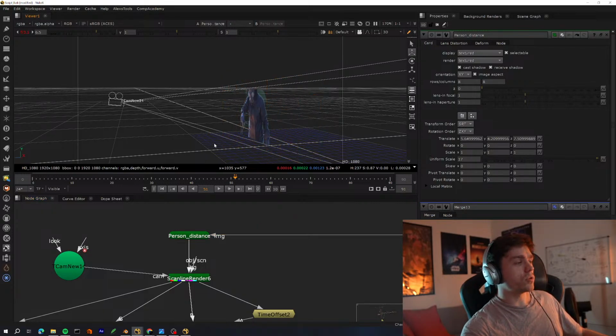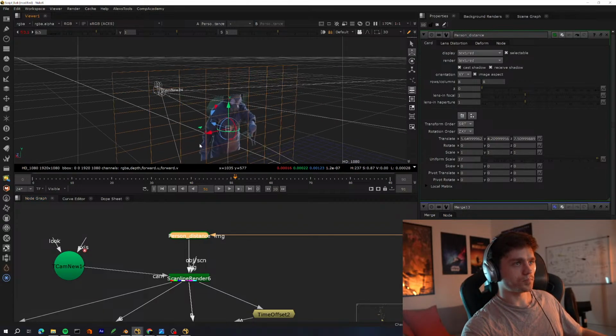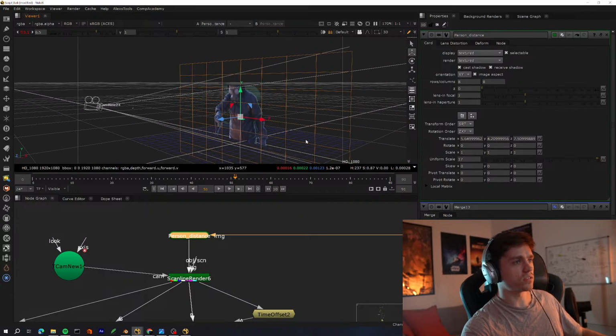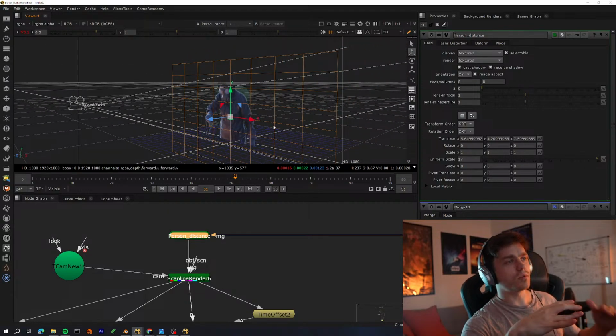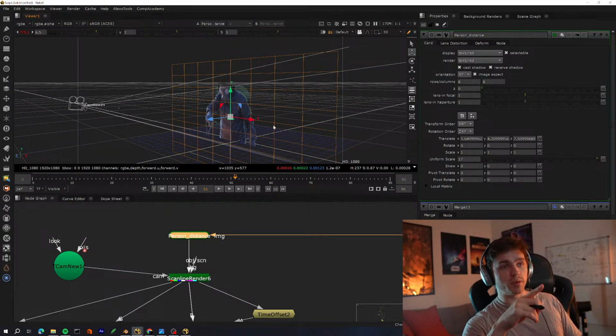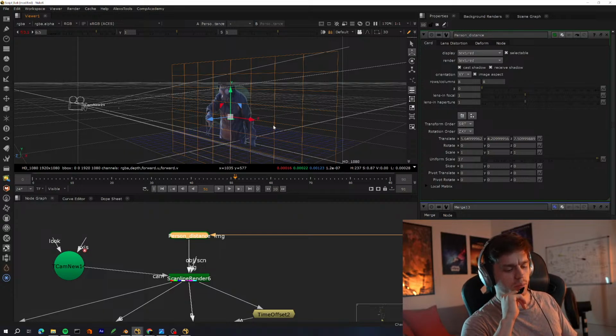Points to 3D, you could do it as well. That's another way you can do it, especially for environments. So there's a few different ways. The reason this technique could sometimes be better than points to 3D would be sometimes